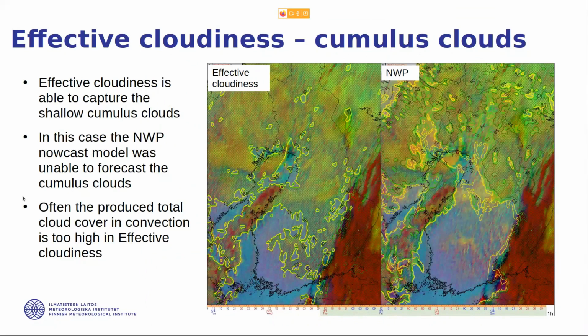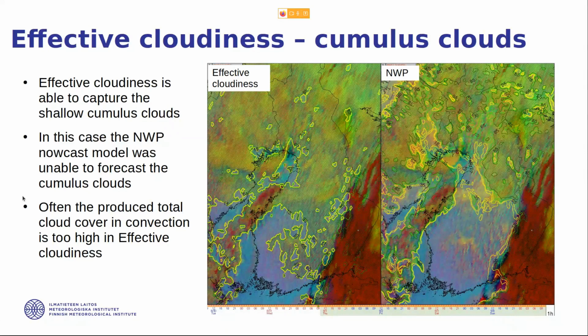And on the right-hand side, you can see the numerical weather prediction nowcast model, total cloud cover for the same time. And in this one, we can see that it's not very easy to see. This example is from late August, so the convection in Finland is not very strong, but you can see the clear ground is shown as more bluish color, so it's not very cold yet. The convection is not very strong anymore in Finland, normally in this time or closer to autumn already, but you can faintly see that there are these yellowish colors